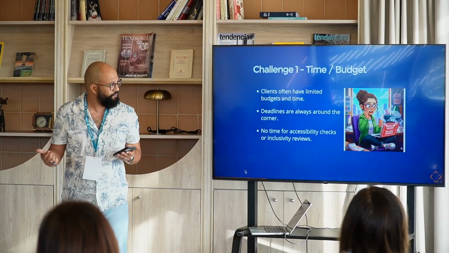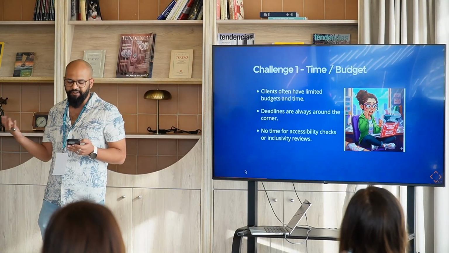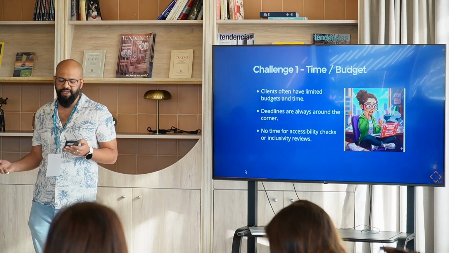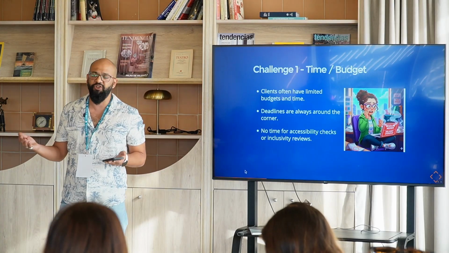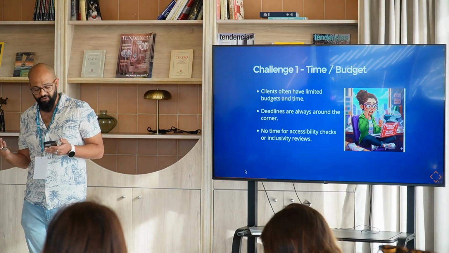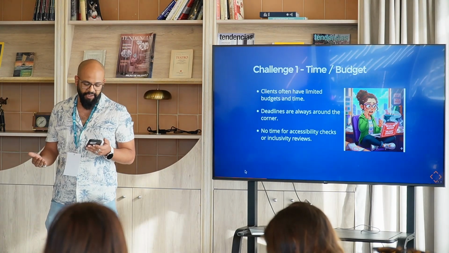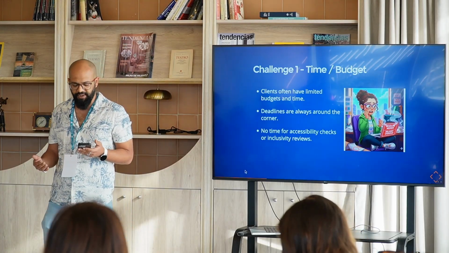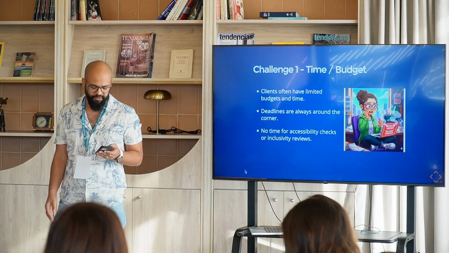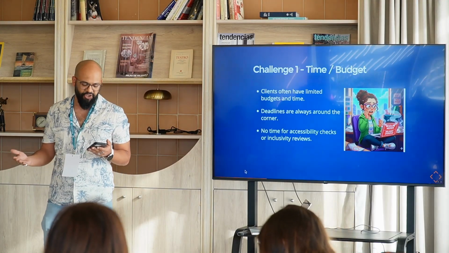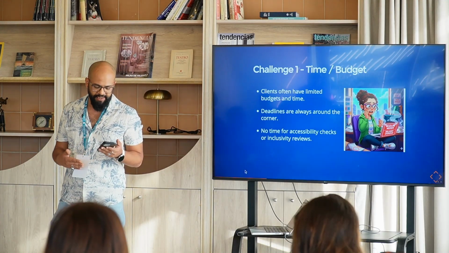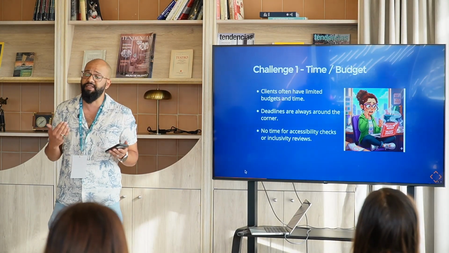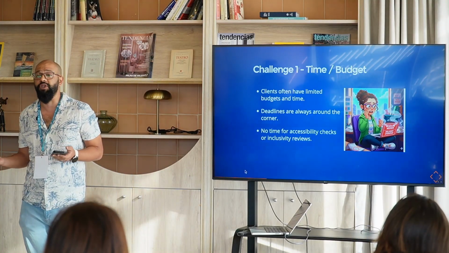The first one is time and budget. Accessibility reviews and fixes are typically manual processes, expensive and hard to scale. In many environments, accessibility is treated as a nice to have, rather than a core requirement, like security or performance. When project timelines are tight and budgets are squeezed, it's often the first thing to be cut. Her constant challenge is reframing accessibility not as a cost or a legal concern, but as a practice that expands market reach and improves overall user experiences for everyone.